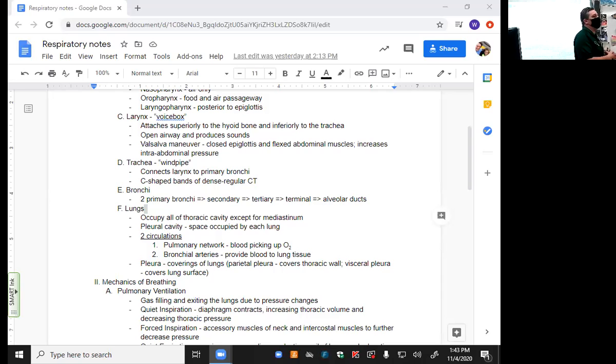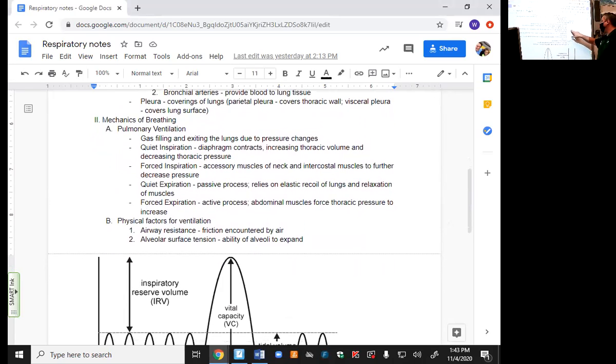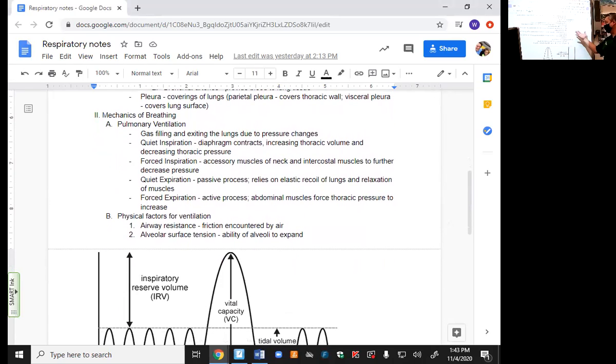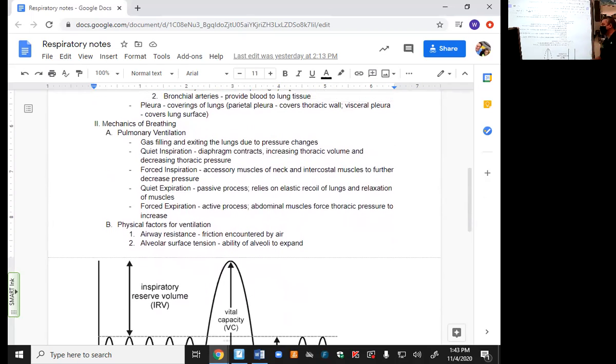Right. So yesterday we mainly talked about anatomy of the lungs. Today we're going to break out the physiology. And if you notice, there's really not that much notes left, so we'll probably be able to go pretty quick today. Mainly just want to hit some big picture things and then understand what's going on with this chart right here. So looking at the mechanics of breathing, we already talked about that everything is about pressure, all about pressure.